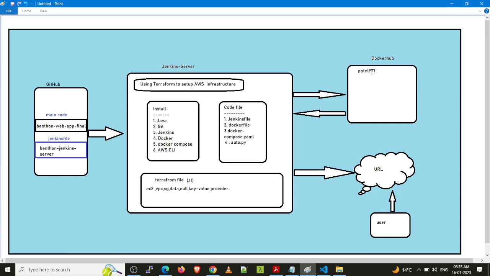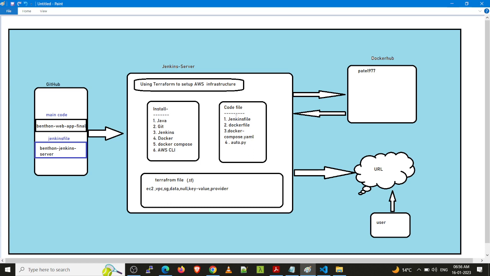We also require one Docker repository, that is Docker Hub, where we push our image based on the tag names. We use this image to deploy our server using Docker Compose.